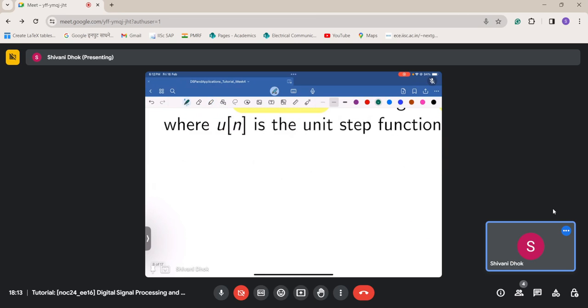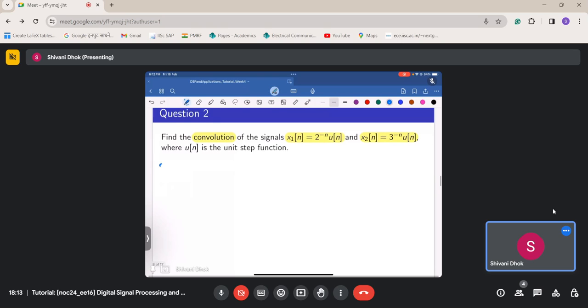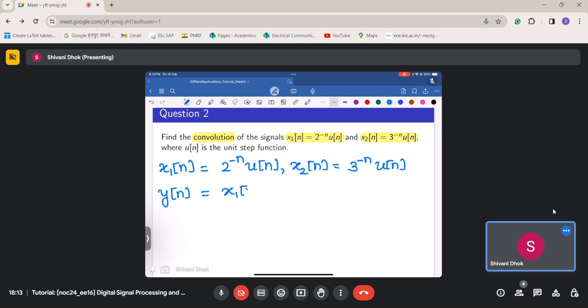So what do we have? Just make this as normal screen. We have x1 of n is equal to 2 to the power minus n u of n, and x2 of n is equal to 3 to the power minus n u of n. So let's say y of n be the convolution of these two signals,